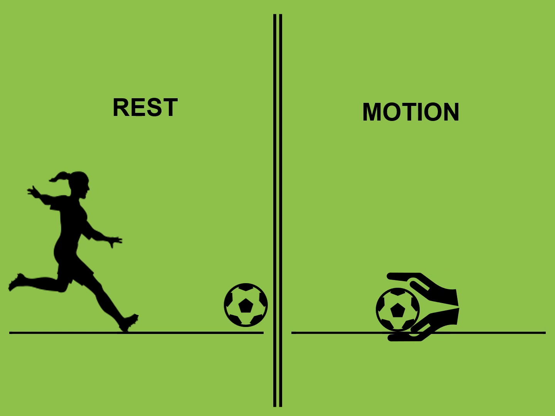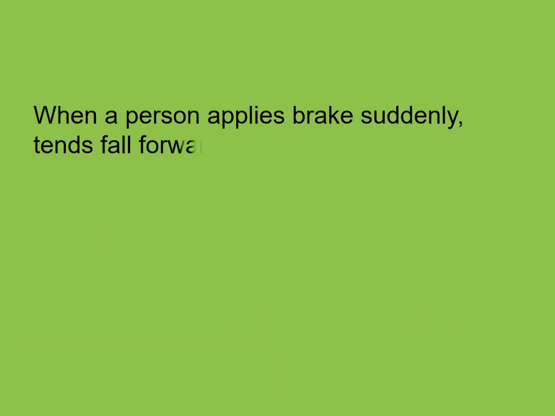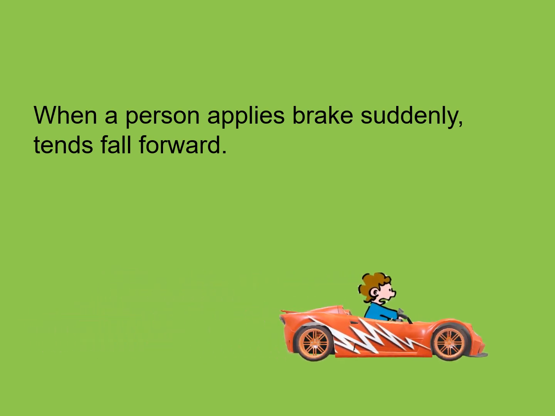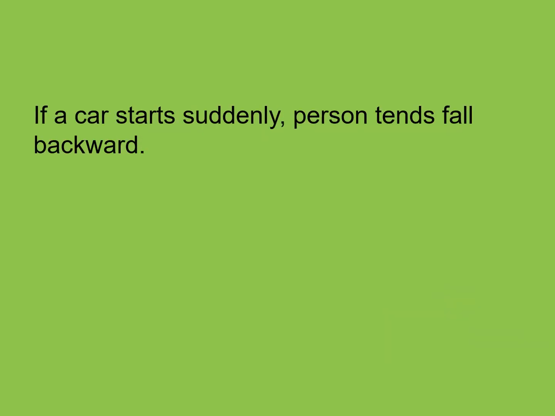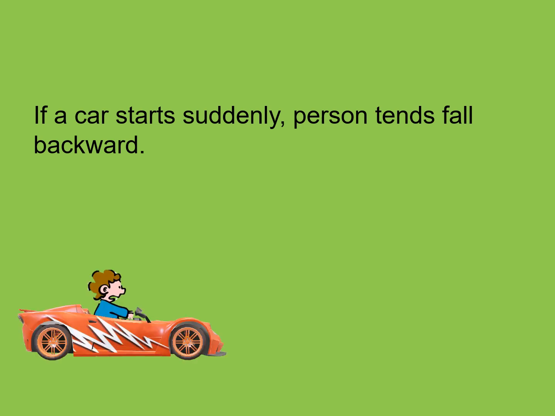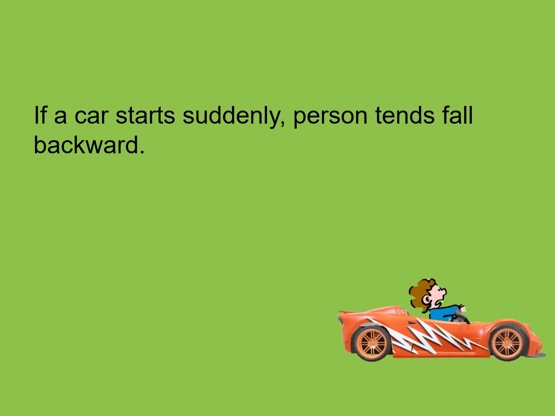A few practical life examples of the first law of motion: when a person applies the brake, people tend to fall forward. This you might have experienced while going to school or coming back from school. Your body has inertia of motion as the bus is already in motion, and the vehicle stops, making a sudden change in the state. That is why you tend to fall forward. Another example can be just vice versa. If a stopped car starts suddenly, a person might feel a jerk backward. A person who has inertia of rest wants to be at rest but is forced to change the state, making them feel a backward jerk.